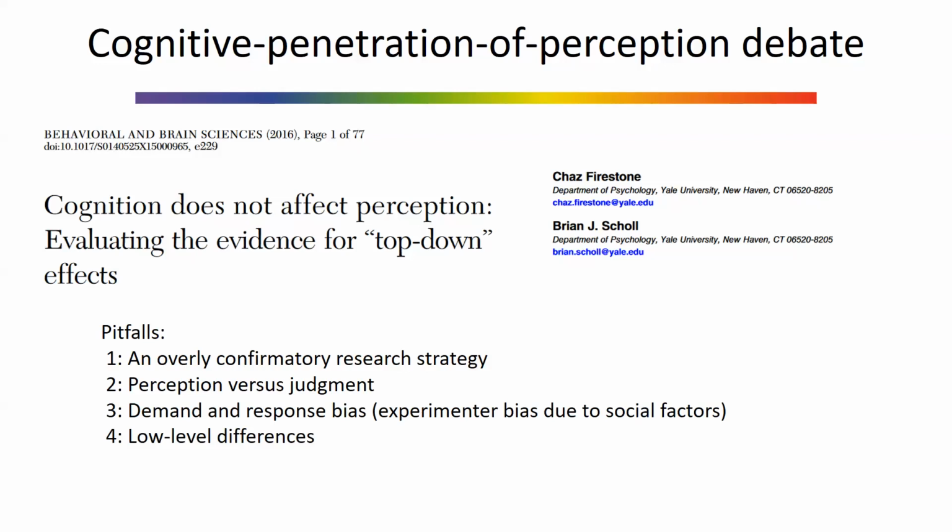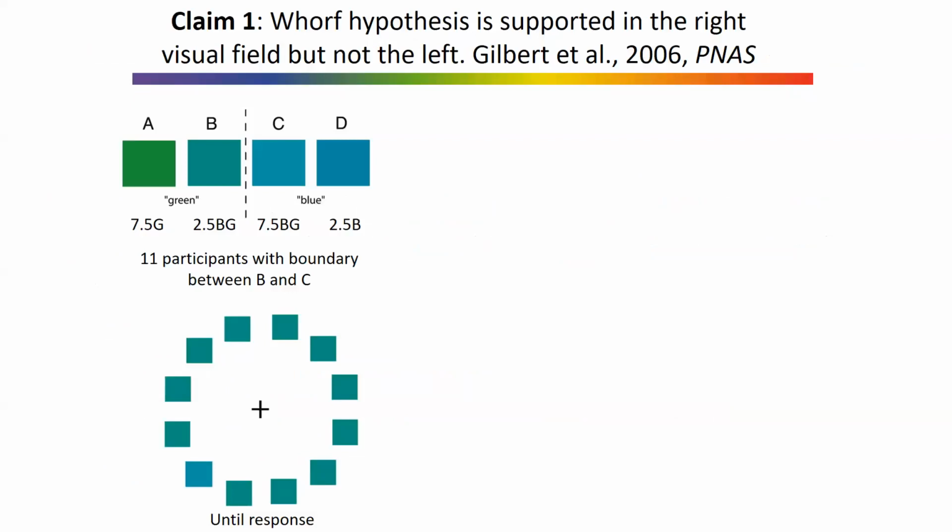Then for color, quite relevant, whether the low-level differences are really controlled or whether they may not have been controlled. Another relevant aspect is whether participants are maybe attending to another dimension than the one the experimenters think they are. And finally, effects of memory, which are also quite important and could modulate any of these effects, again a bias resulting from memory. So we will look at these studies and discuss them in the end in light of this debate.